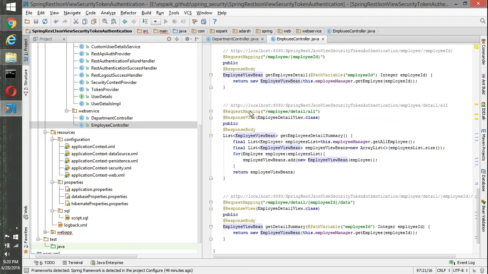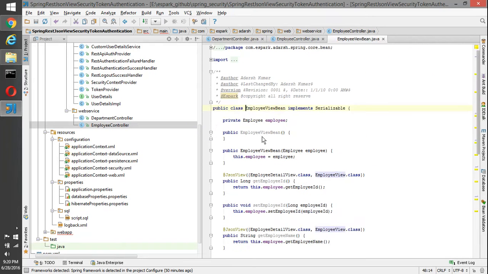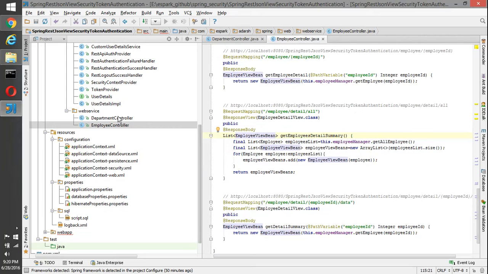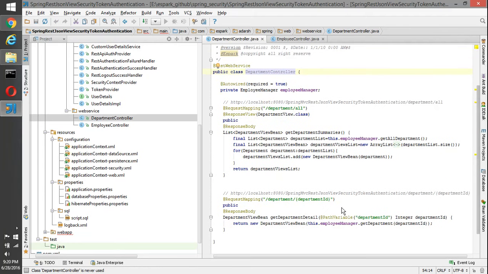So basically the change is that the response view has this annotation class. This annotation class is configured in the employee view bean, so we can go into that and get this, and that will be part of the JSON. So we have a department. By this complicated method, we are sharing the same bean class across multiple responses